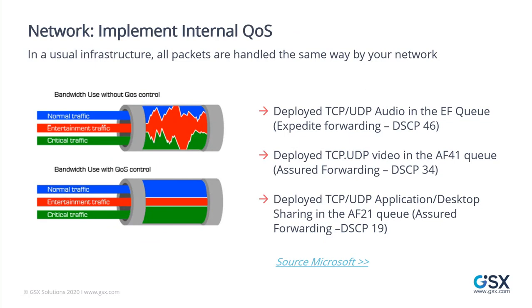We did the test, the same thing that I showed you last year in another webinar, and really we saw a real impact on it. So this solution is not 100% perfect because you cannot really control if your ISP has implemented that. Usually when you deal with an ISP for enterprise, they have also implemented that, but it's different, for example, for your remote worker. But you can also implement internal QoS directly at your VIP location, again, if they have a recent router.